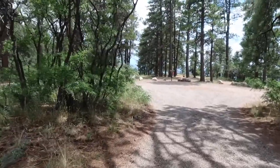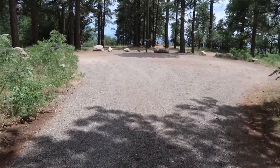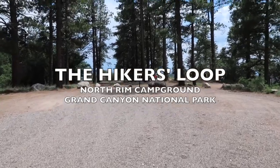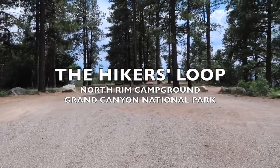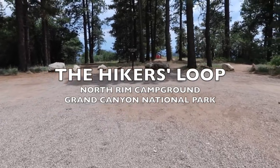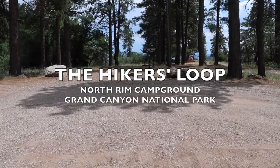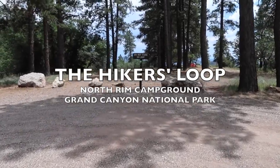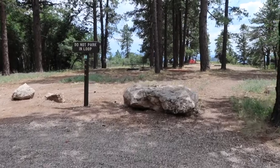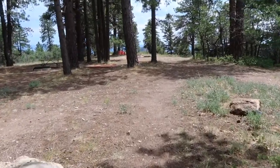And T12, I believe, that is the end. This is a little turnaround area, and they call it what? The hiker's loop. And what you've got down here are several tent-only sites, but for hikers. So people that are hiking on the trail or don't have a vehicle, they can reserve one of these sites, and really, they're pretty primo sites as far as the view, because now we're getting out to the point here,